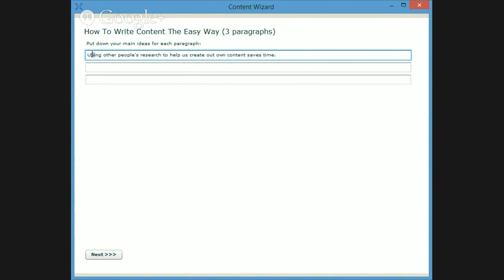Okay. And then again, I'm still having an issue with capitalizing the second letter. Okay, and then our next paragraph would be to change something you already wrote to make a new version of it.